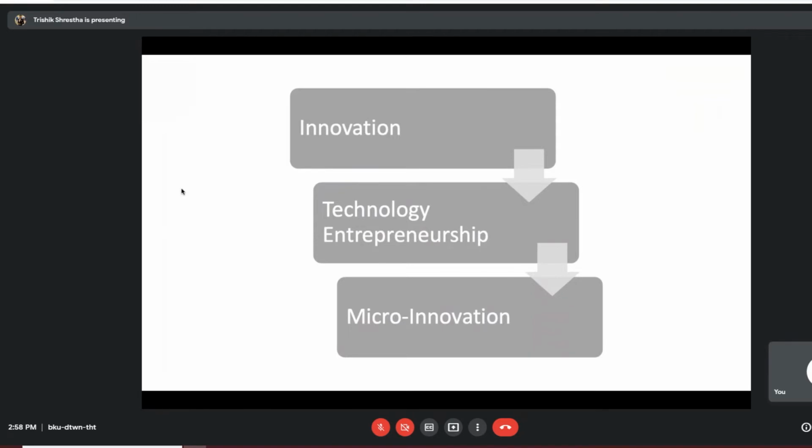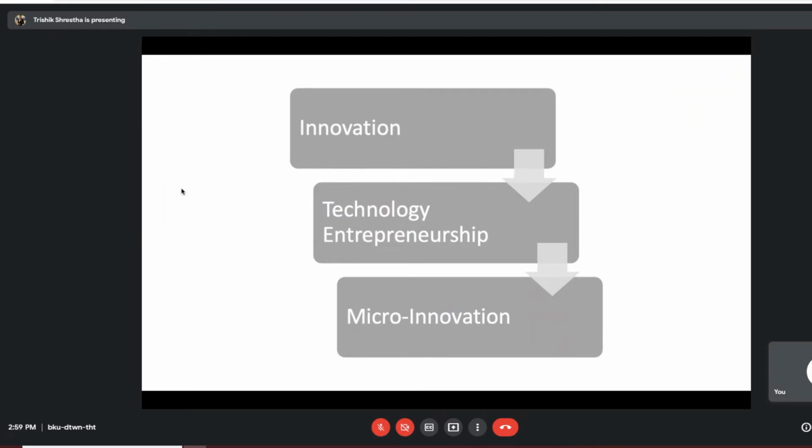Now, so far, this is like a summary section of the presentation. We have reached somewhere midway of our guest lecture. So, the thing that we have learned so far is we have this general understanding of innovation, right? Innovation is creating new things, creating things that are better, and then combining the two, we have creating new things that are better, right? Now, if we want to incorporate micro innovation, the idea is to use technology entrepreneurship to make things better and to incorporate micro innovation into our organization.